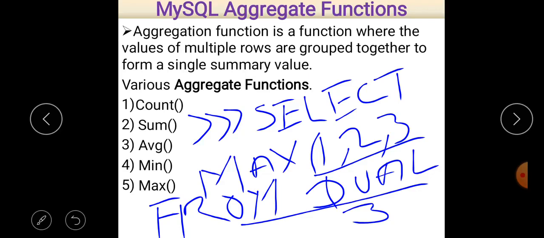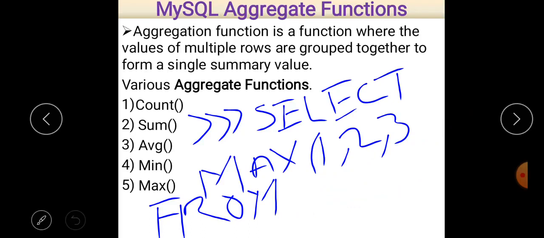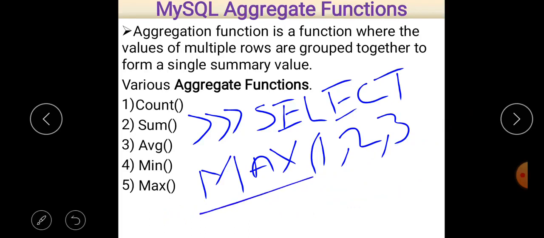So you can also find the maximum value out of given numbers this way. The default table name is dual here. That is very important. And if we don't write this dual table name, then also we can find the same result, that is 3 in this case. So those are the different examples related to the MySQL max function.